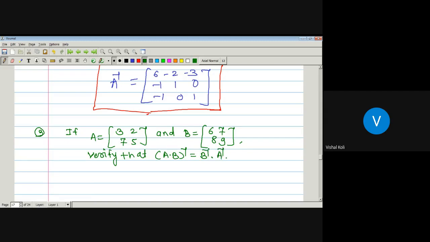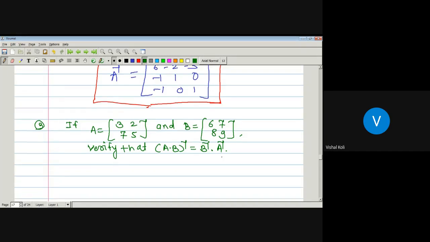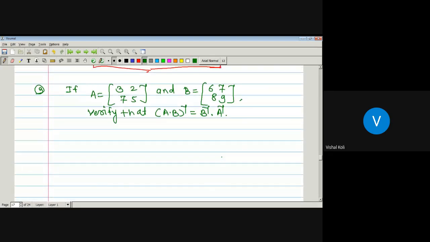So first we will find out the inverse of both the matrices A and B, and from that we will check. Then we will take the multiplication of the two matrices A into B and find out its inverse, and then we will check whether (A into B) inverse is equal to B inverse into A inverse or not. So for that, first we have to find out the determinant of both the matrices A and B. So its solution becomes